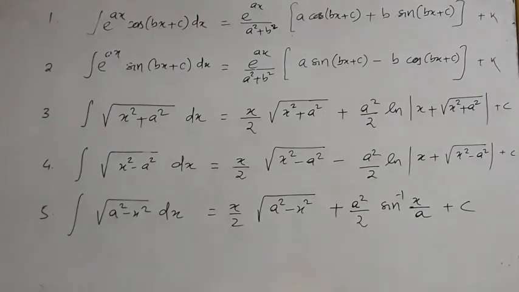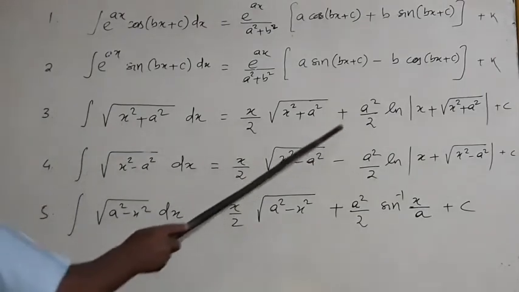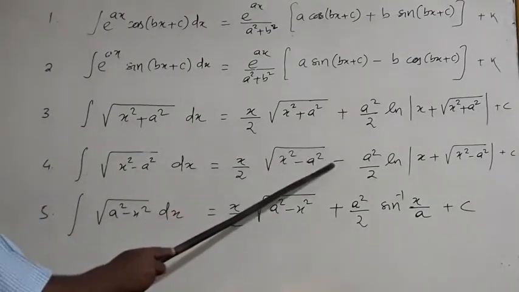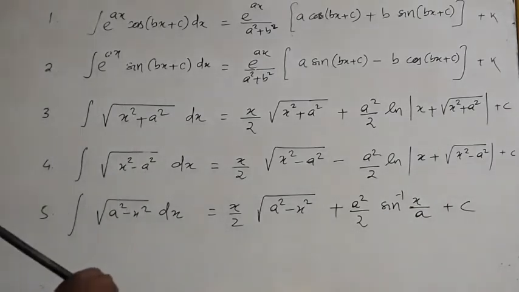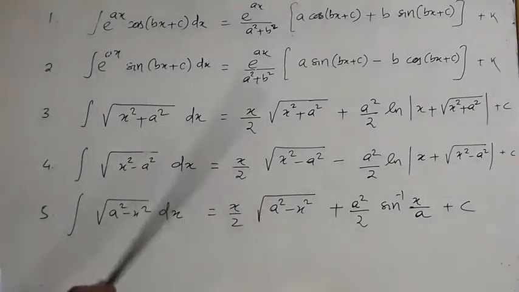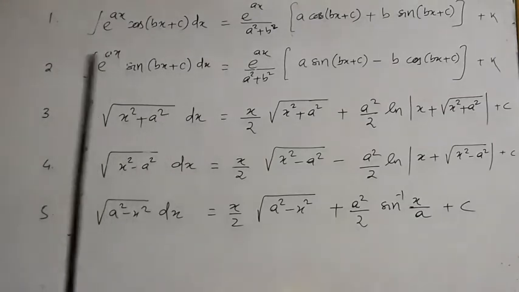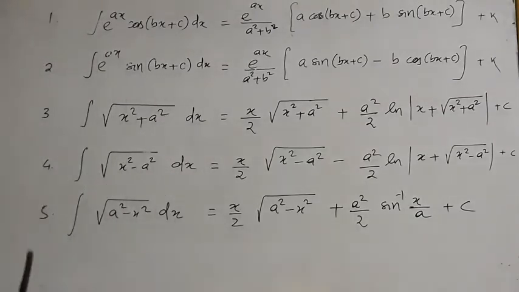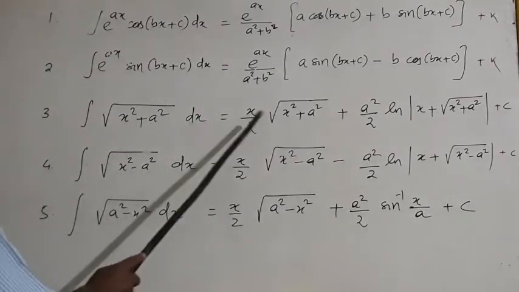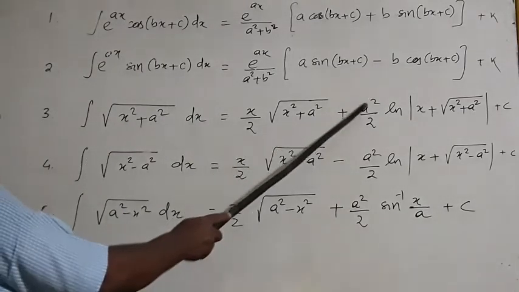Next, there are 3 signs: here plus, here minus, here plus. So many problems are there. What you have to remember, 2 plus and 1 minus, and there is one method. Look at there. I am telling you how you can remember it. Now look at that. Here x by 2, here a square by 2.